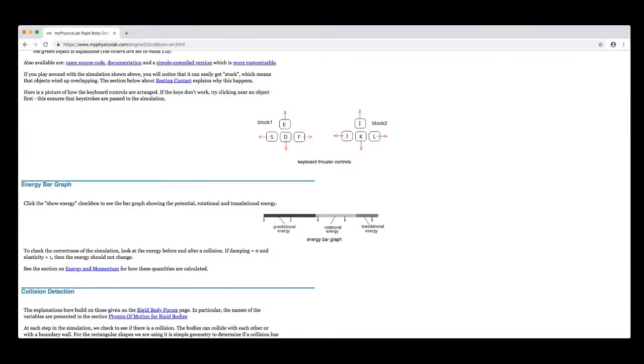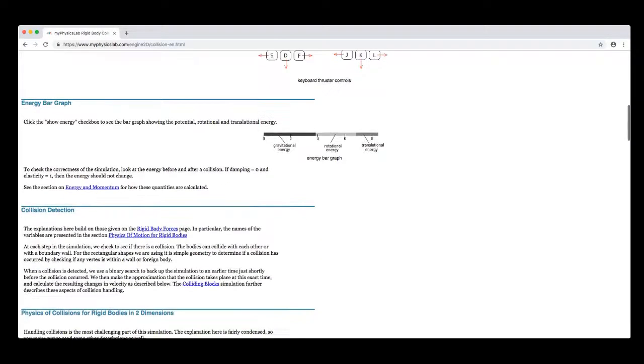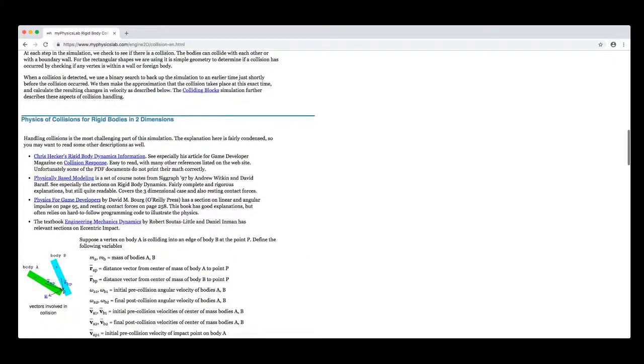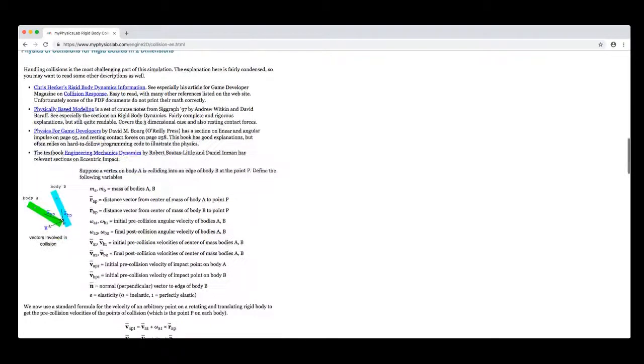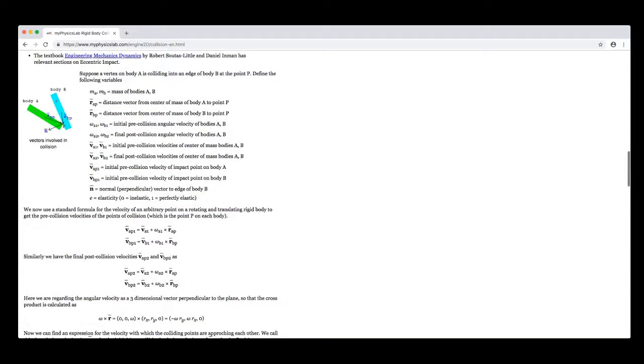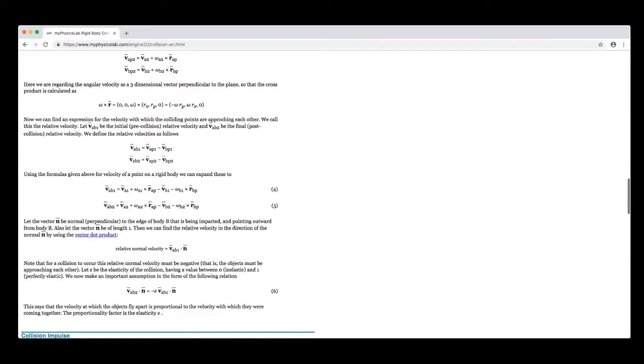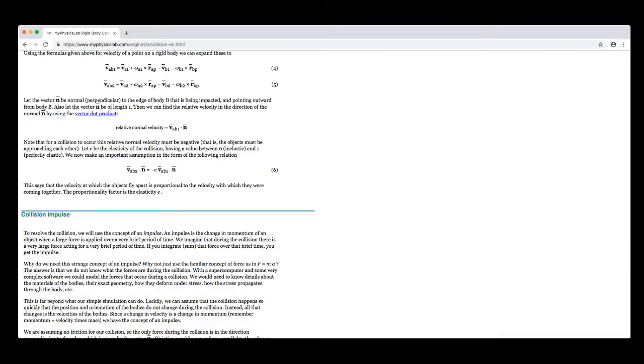Looks like there's some different controls, so we can see information about it. Energy bar graph, so that tells about the energy graph. We've got different information about this simulation available here. Physics of collisions for rigid bodies in 2 dimensions. So I guess that explains some of the physics behind what's going on here. So you'll be able to use that as kind of a basis for explaining what's going on there